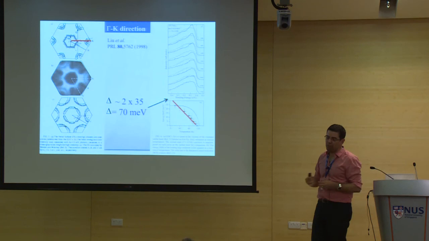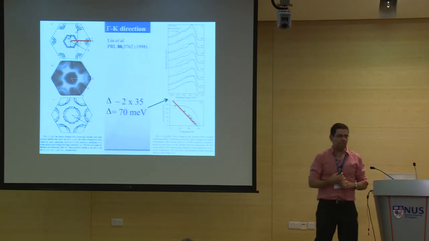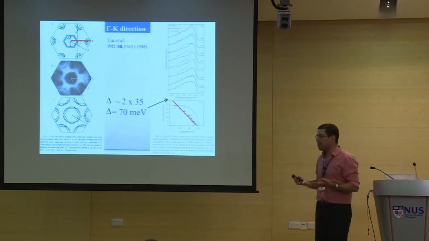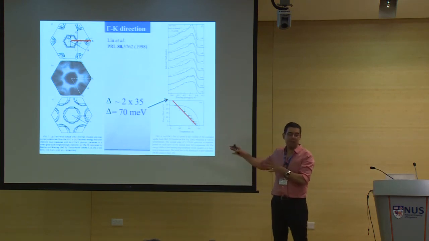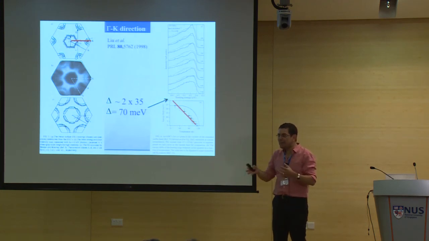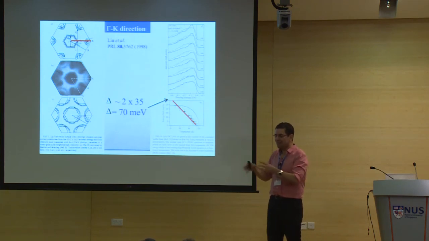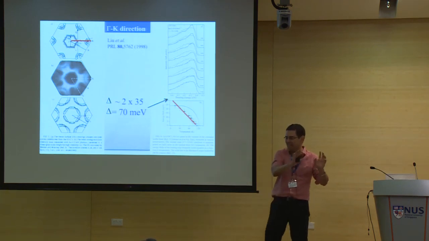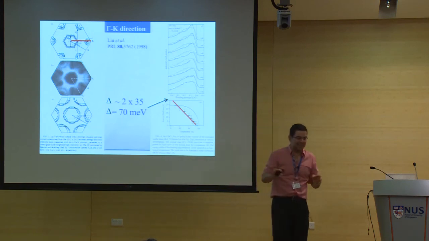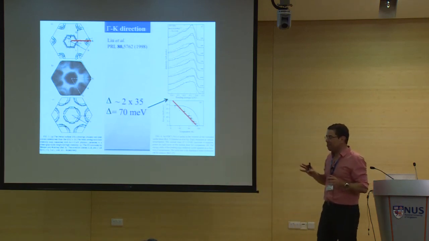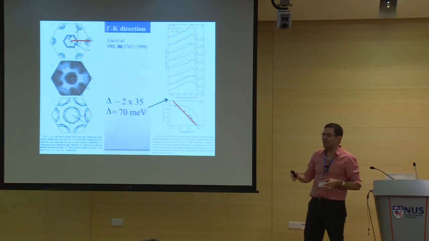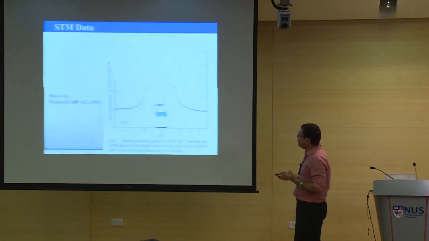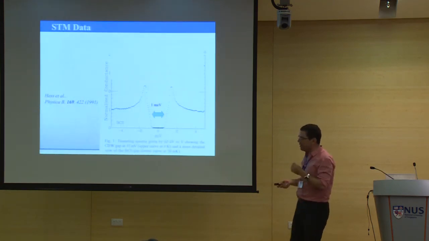It's 70 millivolts. Okay? When I proposed this for the first time, people asked me, is there any other experimental evidence for this? Because I don't know if you know, but experimentalists are very suspicious of each other. So if you do ARPES, you don't believe STM. If you do STM, you don't believe ARPES, or something like that. There is a psychology there. So essentially, you have to prove that many experiments are consistent with each other. Otherwise, nobody believes you. So actually, I didn't have to do that because in '91, there is a beautiful paper